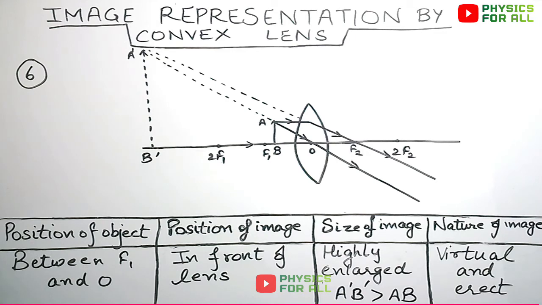But in case of convex lens, as it is offering refraction, ideally image should form to the right side of the lens. And if image forms to the right side of the lens, it will be real and inverted. And if it is not forming toward the right and is forming to the left side itself, then it would be virtual and erect. So today we are done with the image formation by convex lens, and in the upcoming videos we'll continue with image formation by concave lens. Thank you.